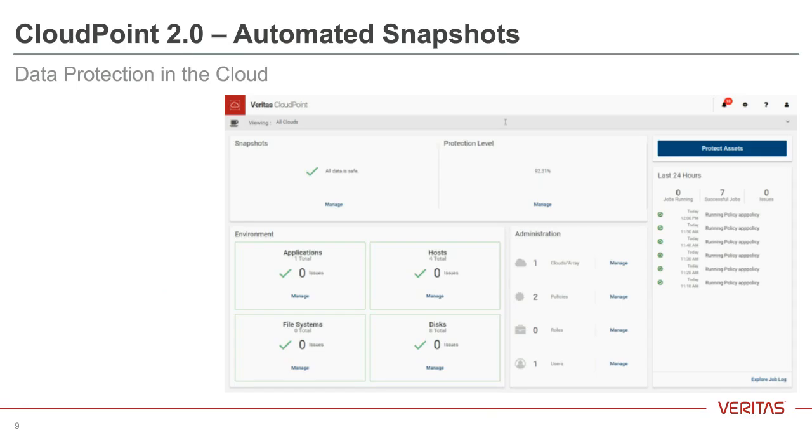Here we can look at a sample dashboard of what it looks like. And as you can see, it's a nice, easy to use and easy to manage simple dashboard here. It's a single pane of glass, and it's basically one interface for all your cloud vendors. So you can manage all of your cloud snapshots from one interface. You don't have to bounce from one web page to another. It's all in one web interface. It supports multiple clouds at the same time. It also